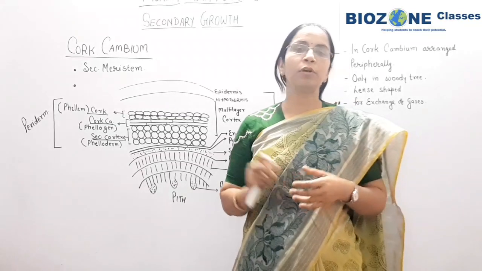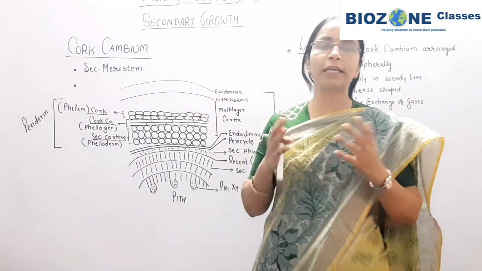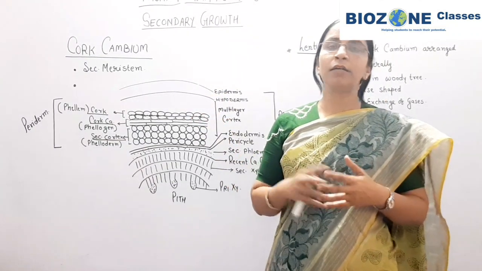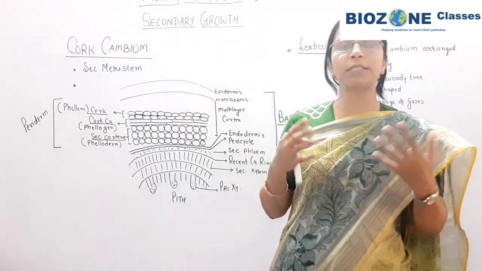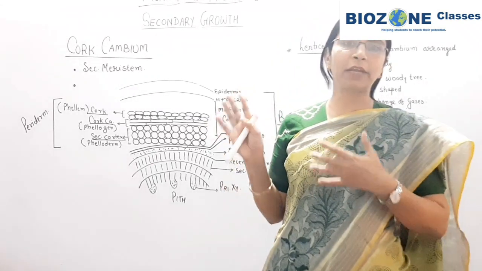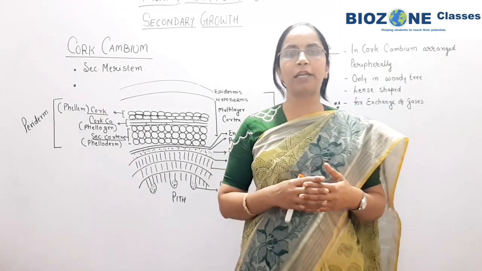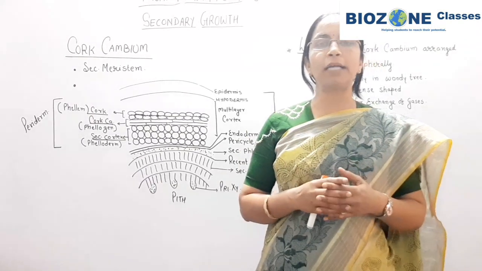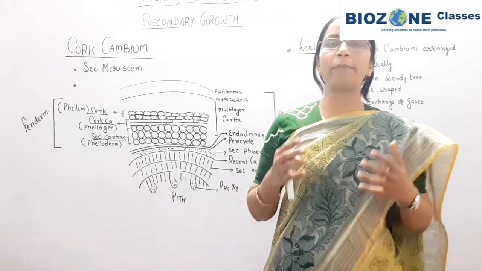I hope you all have understood each and everything clearly in secondary growth of the plant, and the doubts are clear: what is lateral meristem, what is cork cambium, and what is cambium ring. With this we finish our secondary growth session, and I require one more session for plant anatomy, where we study the primary growth in plants, that is the comparative analysis we make between root, stem and leaf.